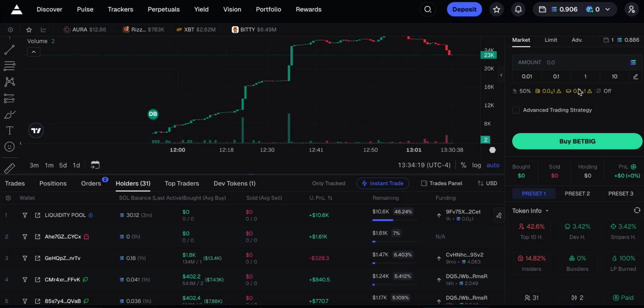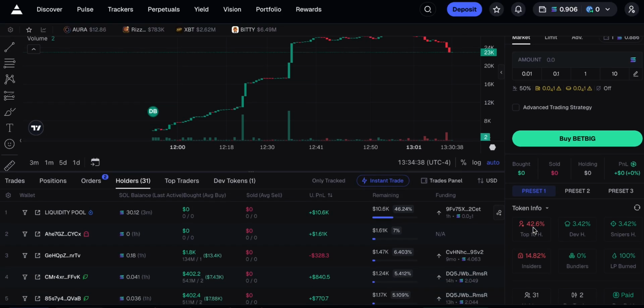And because of that, there would be a lot of sell pressure on this coin, and most likely it would just dump out. Unless the coin has a very strong community or a narrative, 99% of the time those coins are just going to dump out where someone's holding over 3.5%, because if they just clip it in one candle, it's automatically just going to go straight red all the way to the bottom. So before buying into a coin, I personally always look at the holder count, and if the top holder is holding more than 3 to 3.5%, I just don't buy into the coin. Or in general, if the top 10 holders are holding over 25 to 30%, it's best to stay away